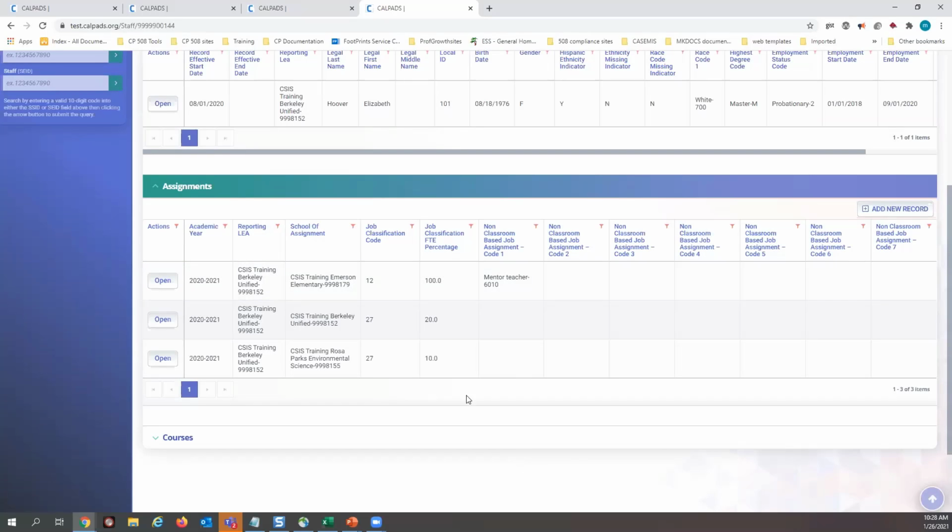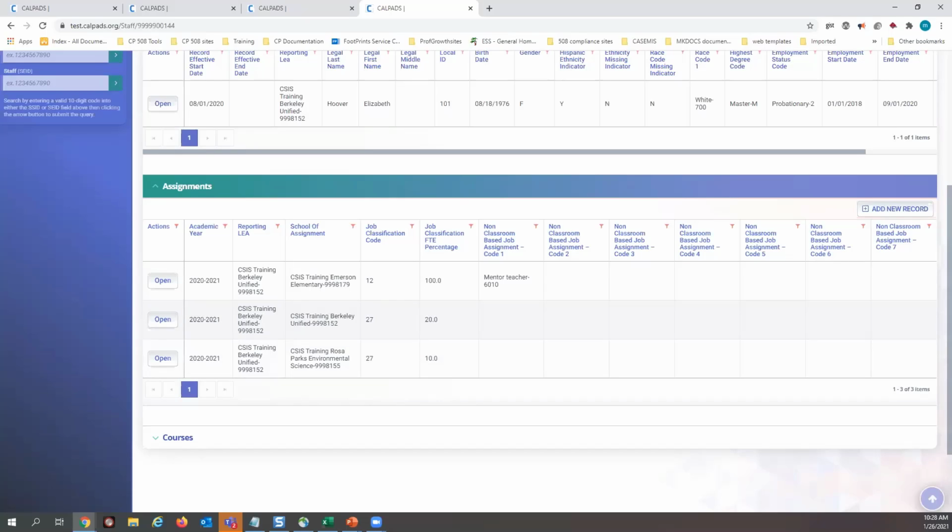At the same time, this staff member is working as an itinerant teacher in multiple sites, one at the district, one at another school, and so she has job classification FTE split. Okay? So notice here, even though she has the same job classification, CalPADS will allow it because she is assigned at two different sites. Okay.